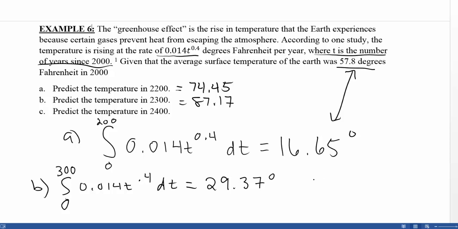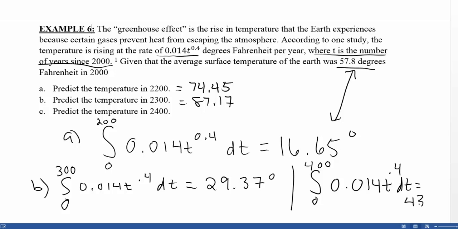And then finally, if we want to know what's happening in 2400, we're going to integrate from 0 to 400. We plug in our rate. And again, we plug that into our calculator, and we're going to get 43.94. So that's how much the temperature has changed. Adding that to 57.8, we get